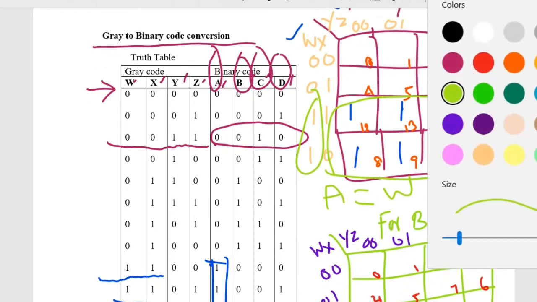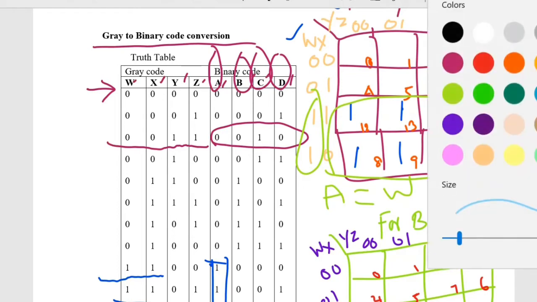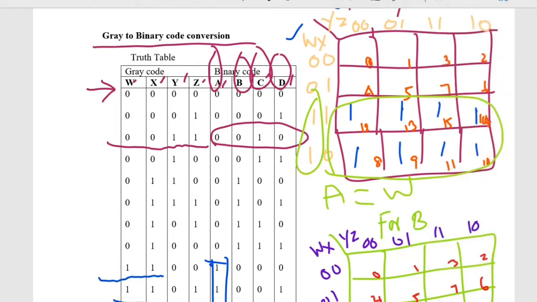Now back to output B. At what values does B give a high output?